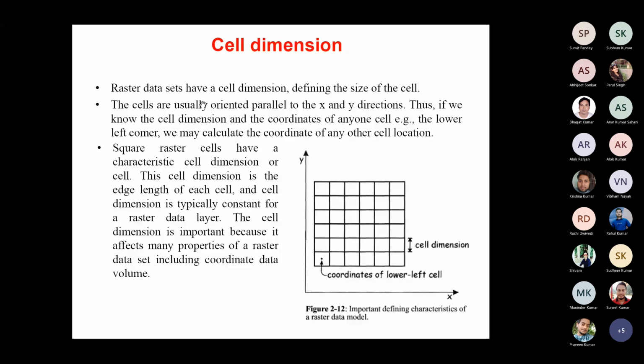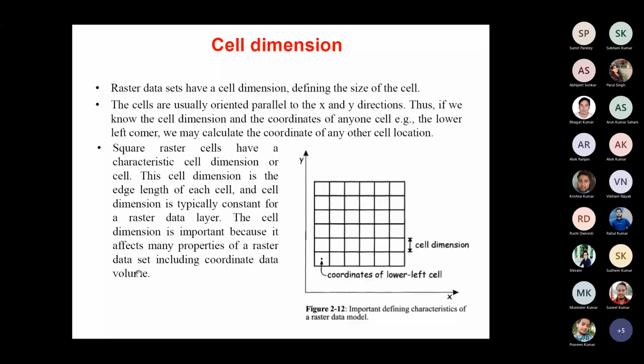So raster datasets have a cell dimension defining the size of the cell. The cells are usually oriented parallel to the x and y direction. Thus, if we know the cell dimension and the coordinates of any one cell, for example the lower left corner, we may calculate the coordinate of any other cell location. Square raster cells have a characteristic cell dimension. This cell dimension is the edge length of each cell, and cell dimension is typically constant for a raster data layer. The cell dimension is important because it affects many properties of a raster dataset, including the coordinates,